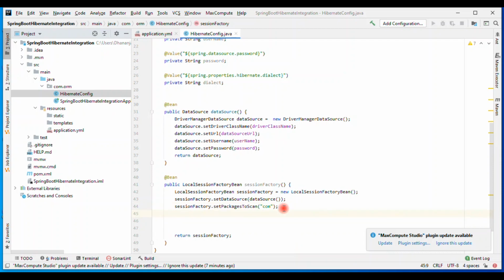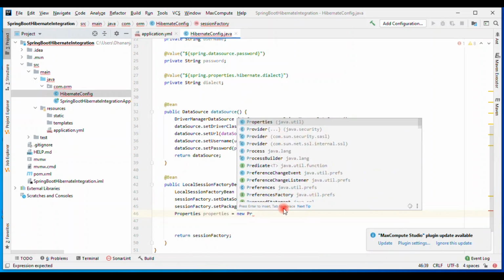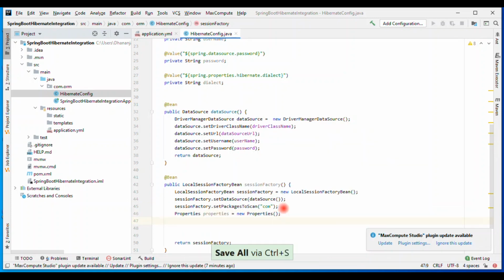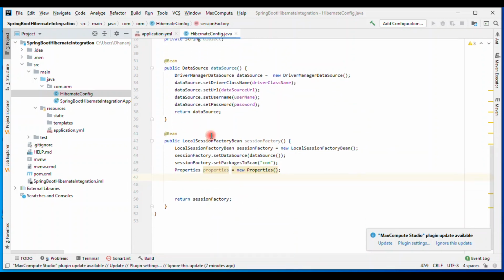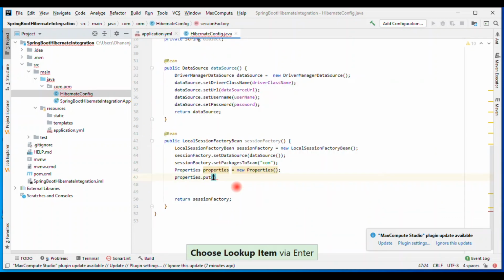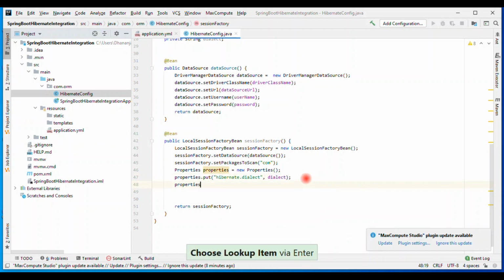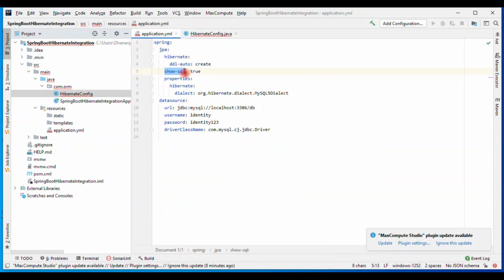Now we need to set some properties. Inside that properties object we need to add the dialect and show SQL. Here you need to add hibernate.dialect. So we need to pass the dialect here. We need to put another one, hibernate.show_sql, you need to pass here.